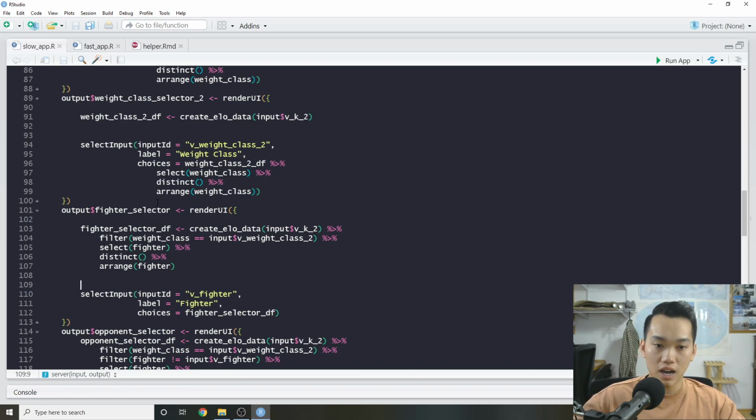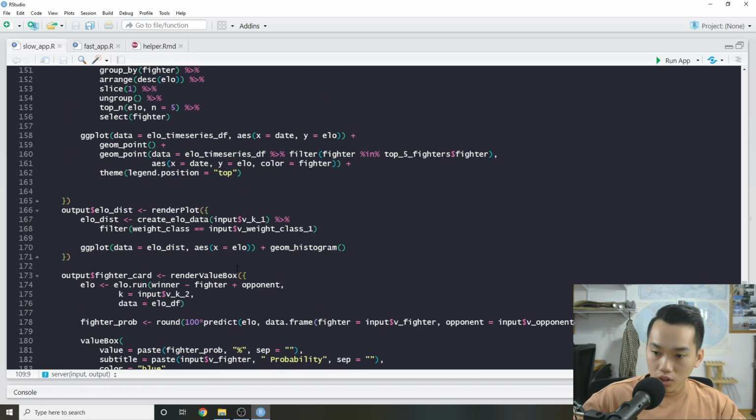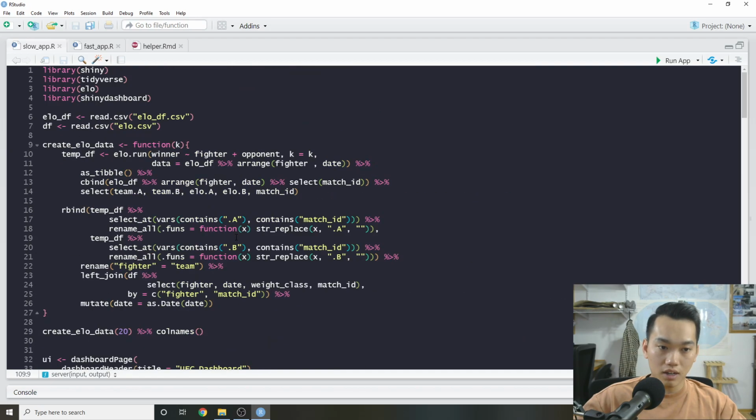Because if it's a laggy dashboard, no one's going to use it, and that's really bad, especially if we spend a lot of time creating it. It's kind of a waste of time for all of us. So right now, I'm just going to go through this and explain what we can do to make this dashboard a little bit faster, and just some simple concepts that we can do to speed it up. So first, one of the biggest problems we can think about is we don't want to always call